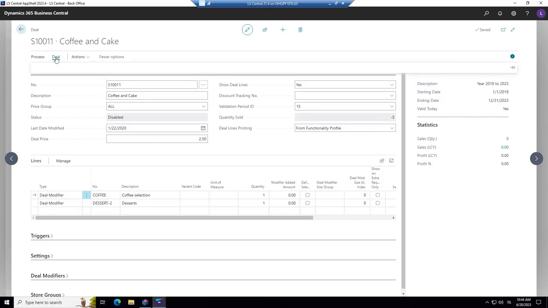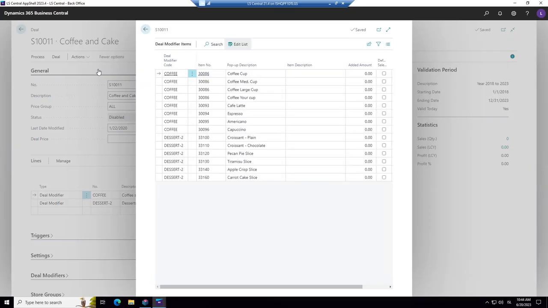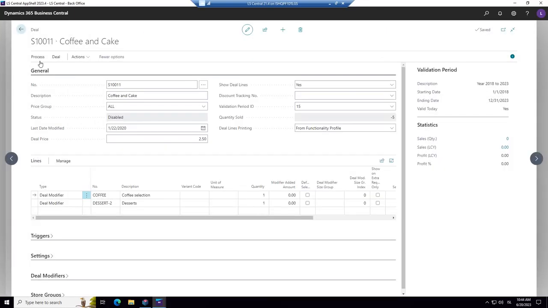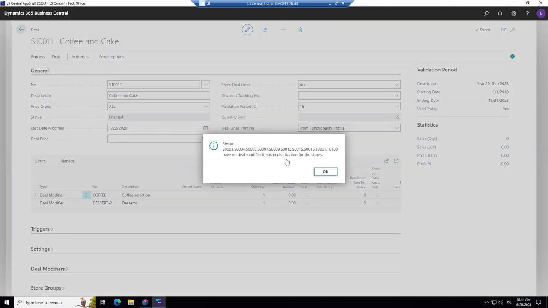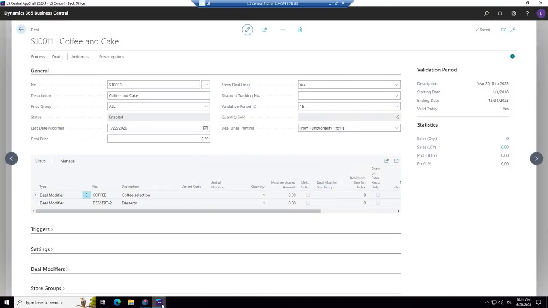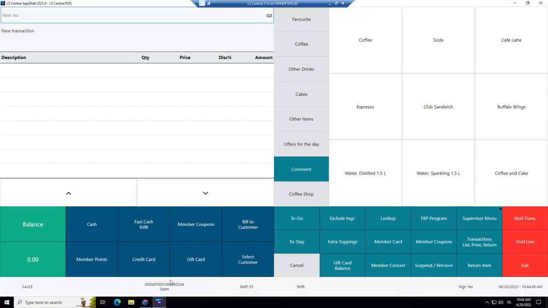And then we can go into deal modifier items. We are going to change the pecan pie and it's going to have an added amount. So let's try and put this to 0.5. And okay, let's go back. And now we want to enable the deal again. Enable. And then it's enabled for all the stores that are relevant. So now we jump into the POS again. And this we can do, and it happens immediately because we are alone in the world. If you would have a typical retailer with head office and all the stores, then data has to be replicated.